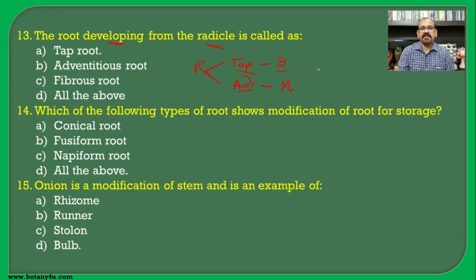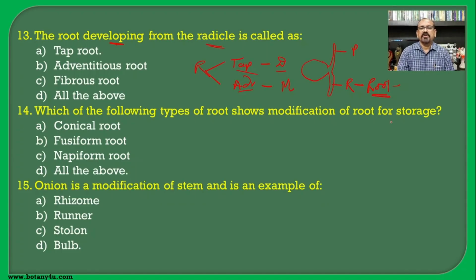If you see the seed, inside the seed there is a presence of embryo, and in the embryo there is a presence of embryo axis. The upper part of the embryo axis is the plumule, which grows into the stem, and the lower part, which is the radicle, develops into the root. So this is the part of plumule and this is the part of the radicle. R for radicle and R for root, means the root is developing from the radicle.